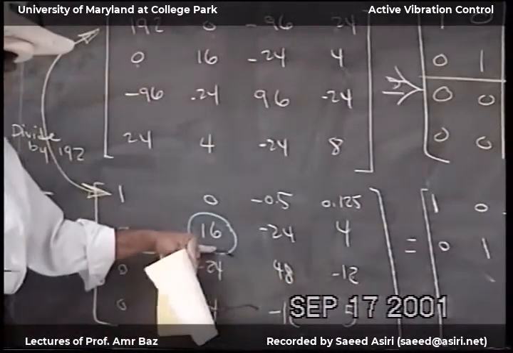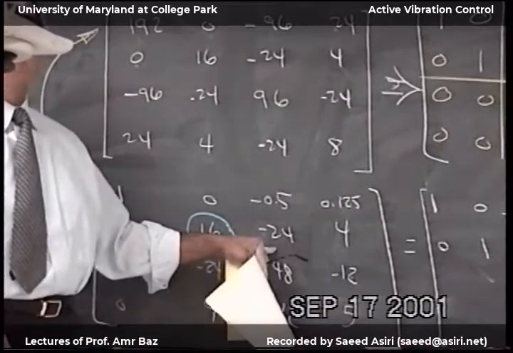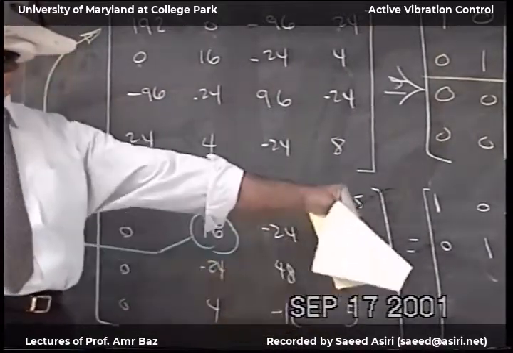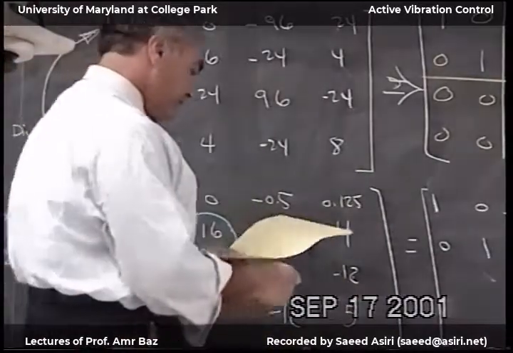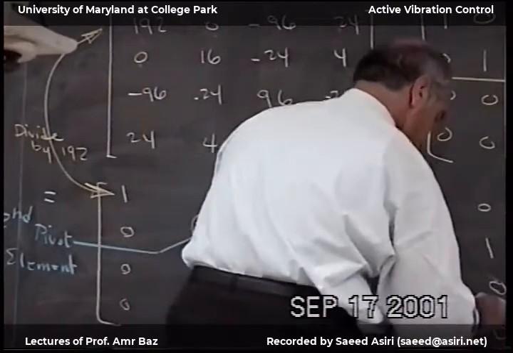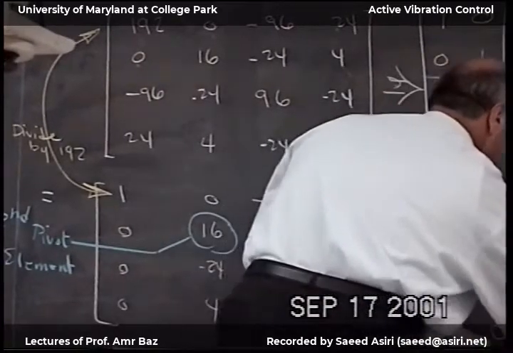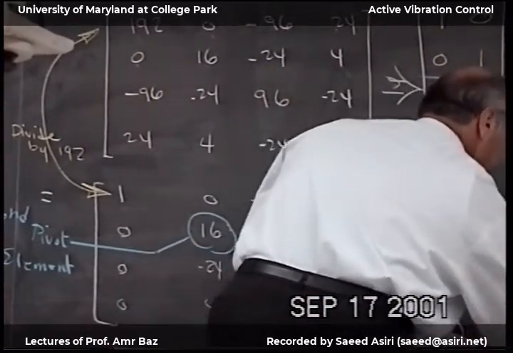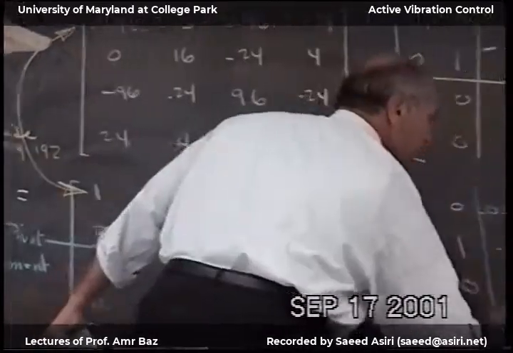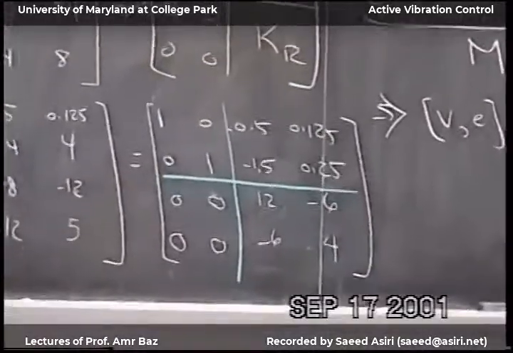So I'm going to divide by 16. 24 over 16 is 1.5, and minus 4 over 16 is 0.25. And then do the same thing for the remaining elements. So this will be 12 minus 6 and 4. Now we're done because we put it in the canonical form,